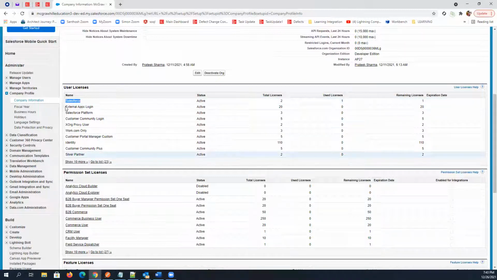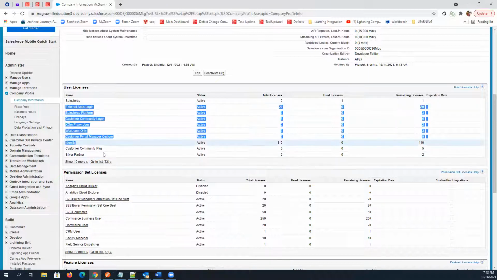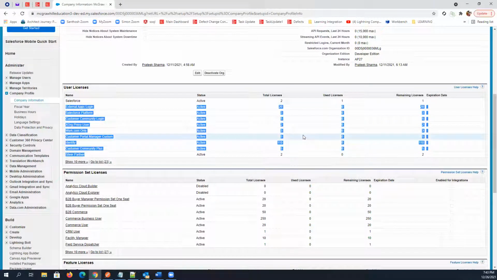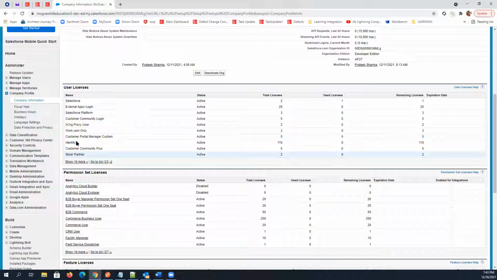There are multiple other licenses. We will discuss them in our future lectures, but I can give you a short overview. These are for different purposes, for different processes in Salesforce. Let's say if I have community, we can use the community license for free, silver partner, identity, work.com.